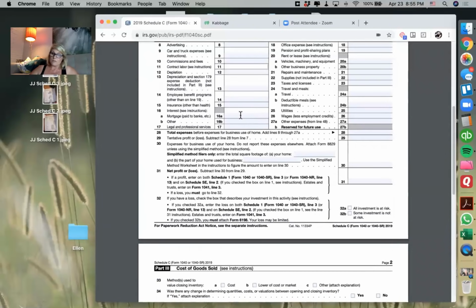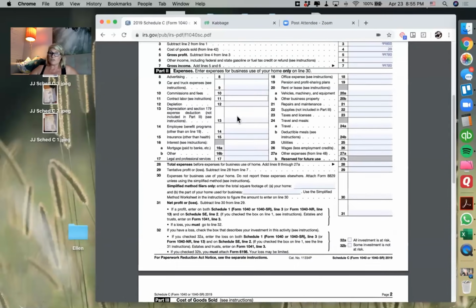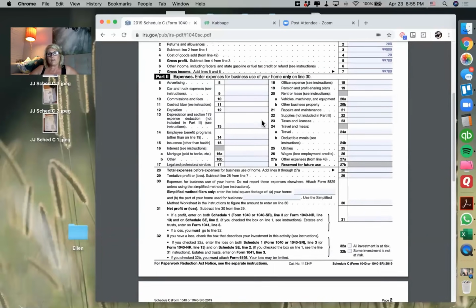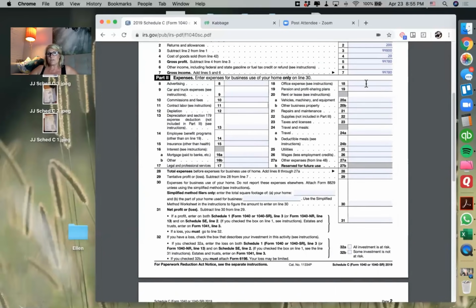That's mortgage interest, by the way. Again, same rules, not the principal payment. Legal and professional services: if you pay a CPA, if you pay an attorney for anything, that's all going to go there. Office expenses, so this is where you're going to put